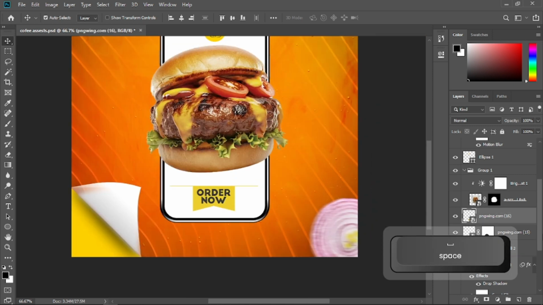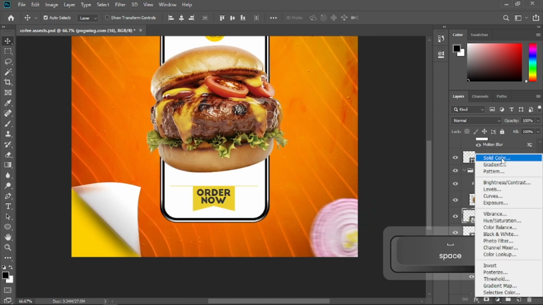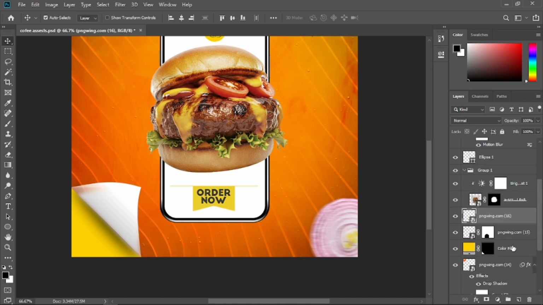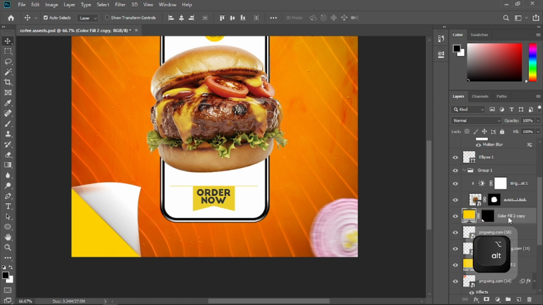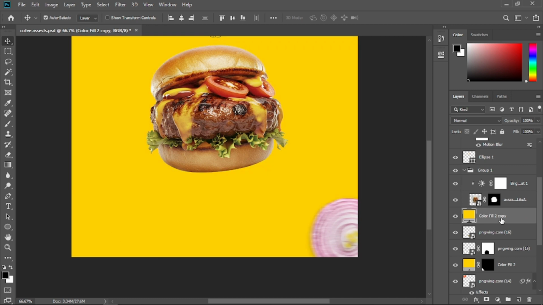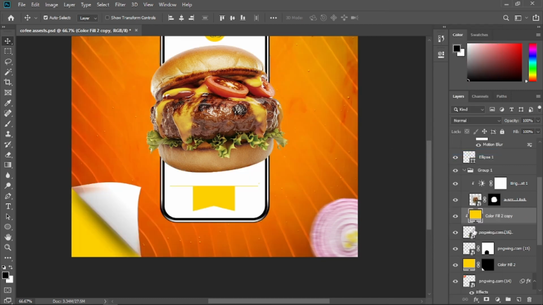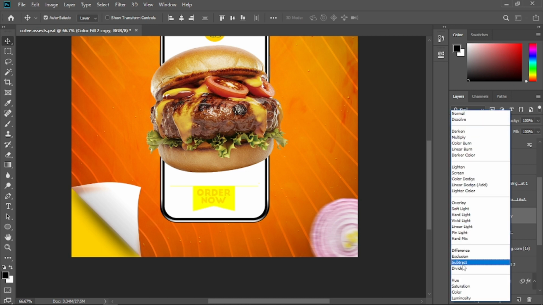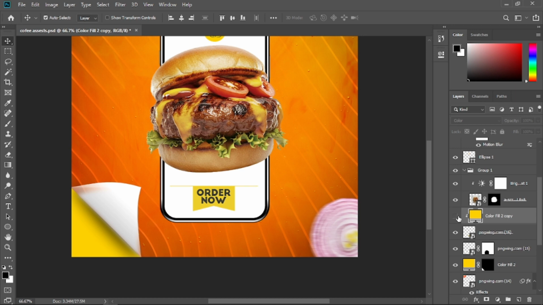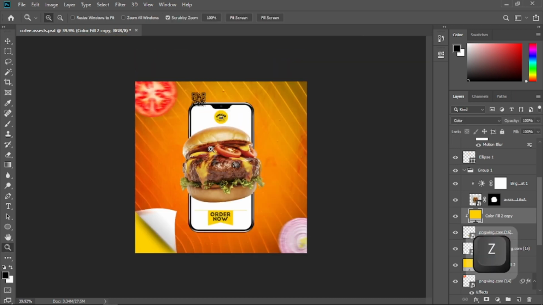Now I'm going to select this order now PNG button and okay, now I'm going to duplicate that solid color and hold Alt and drag it to the top to duplicate it and delete the layer mask of it and clip it to the order now PNG and choose color. Right, so the color of that increase. Alright,